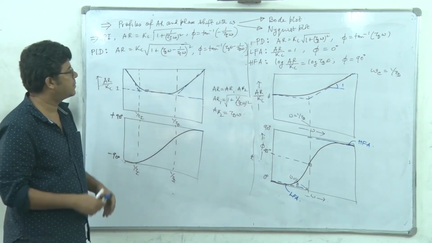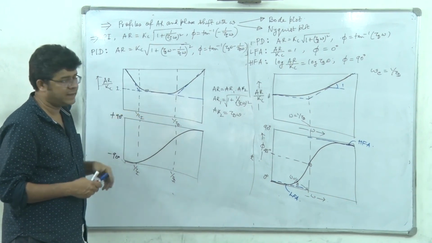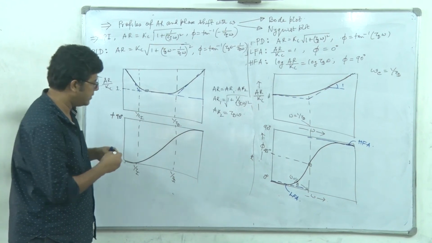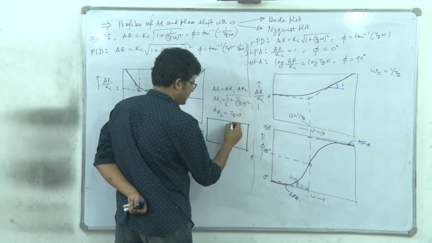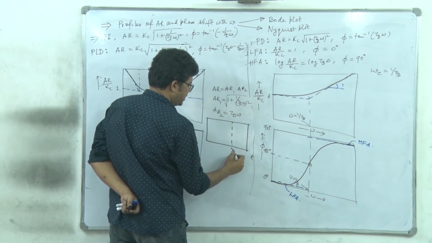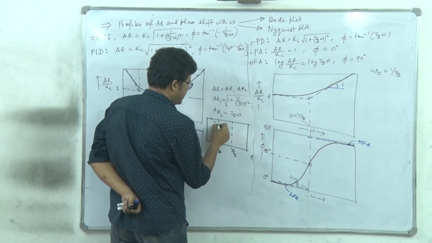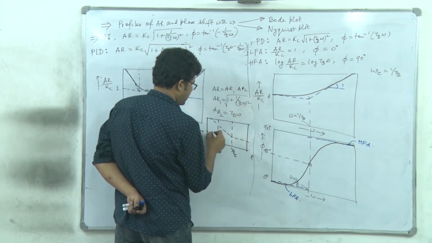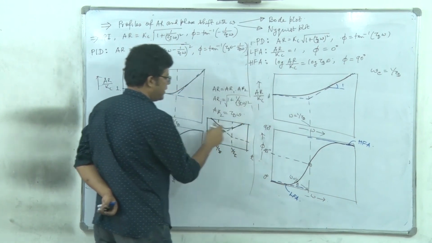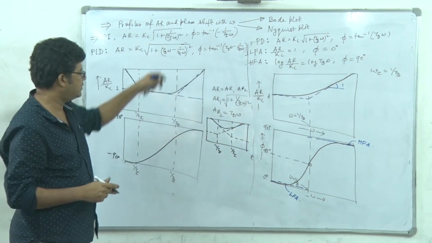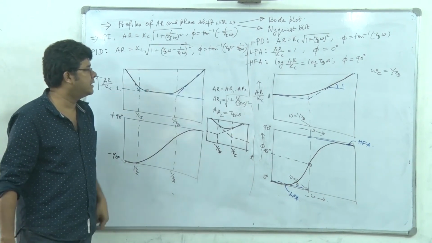But there is a point: we have considered that 1 by tau I here is less than or equal to 1 by tau d, right? But if the system or this space is something like this, here we have 1 by tau I, here we have 1 by tau d, right? Then actually the curve will look like this. These are the asymptotes and the curve will look like this. Okay, tentatively. Right? So that's all about the elementary systems Bode plot.